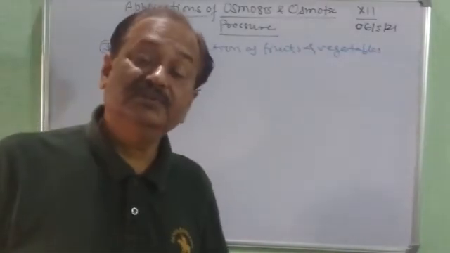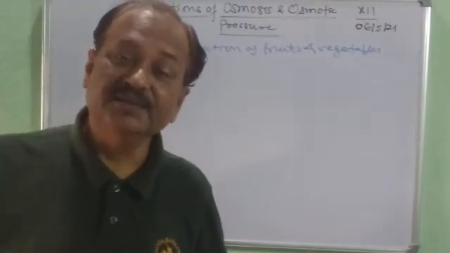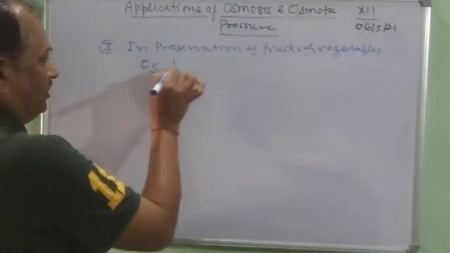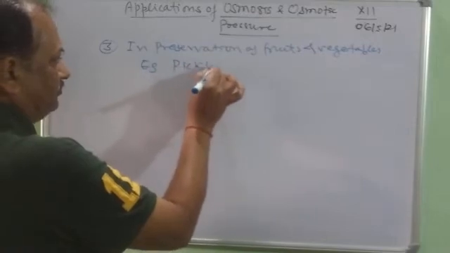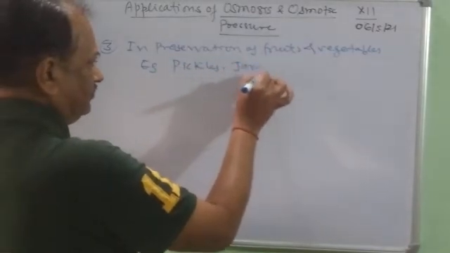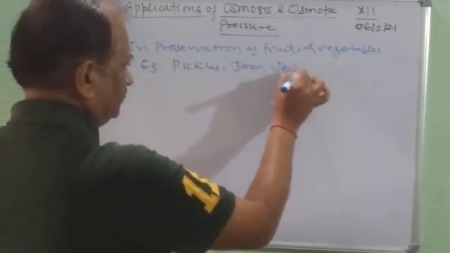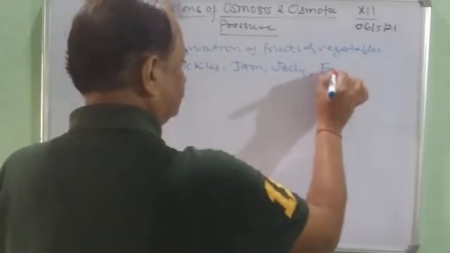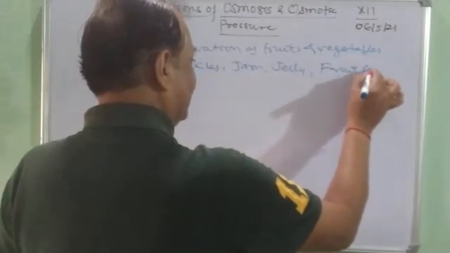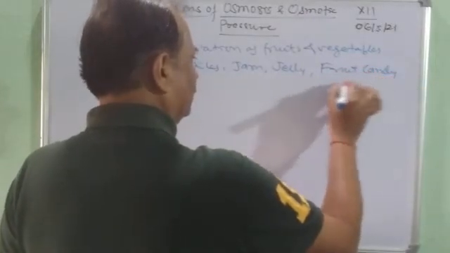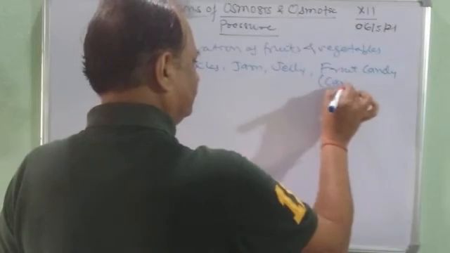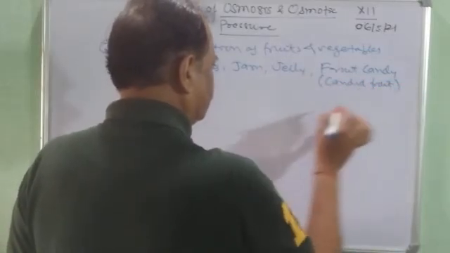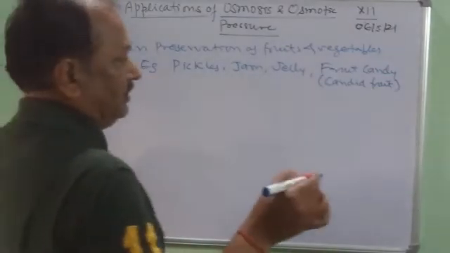We have in our home different types of food materials like pickles, jam, jellies, fruit candy or candied fruit. Then we have the